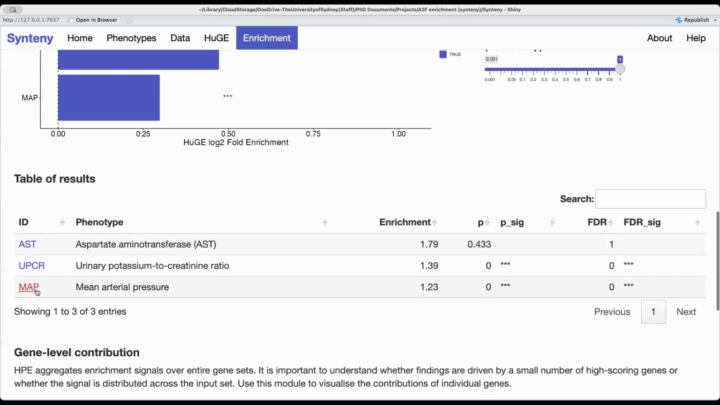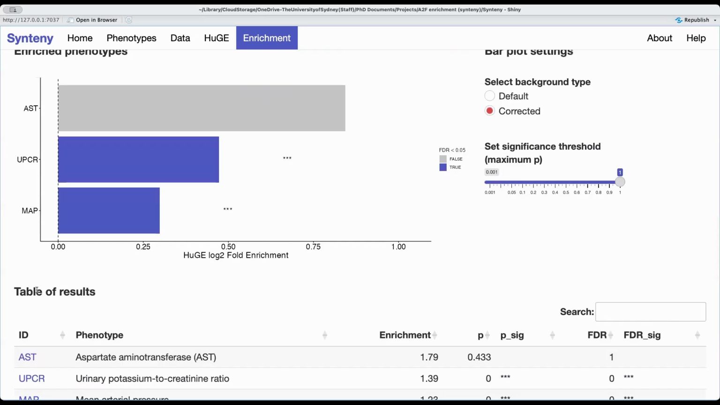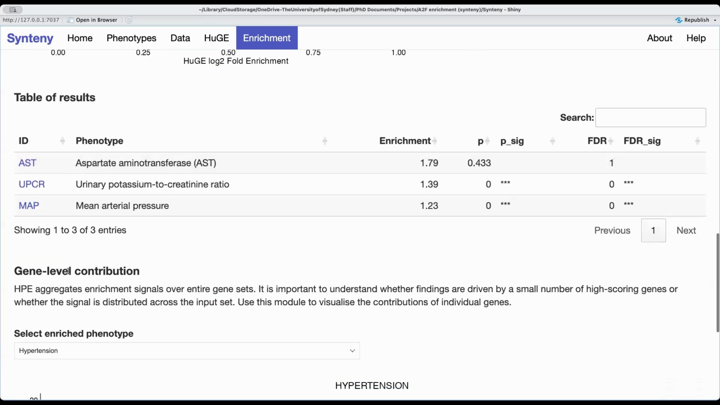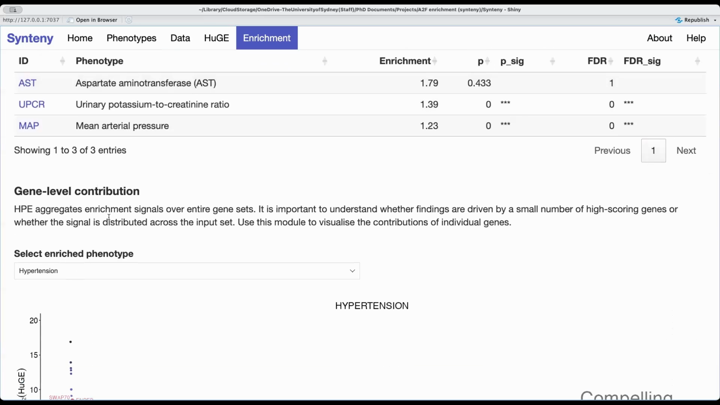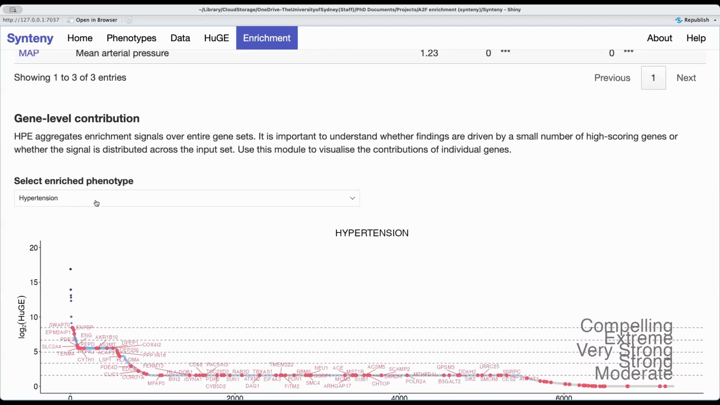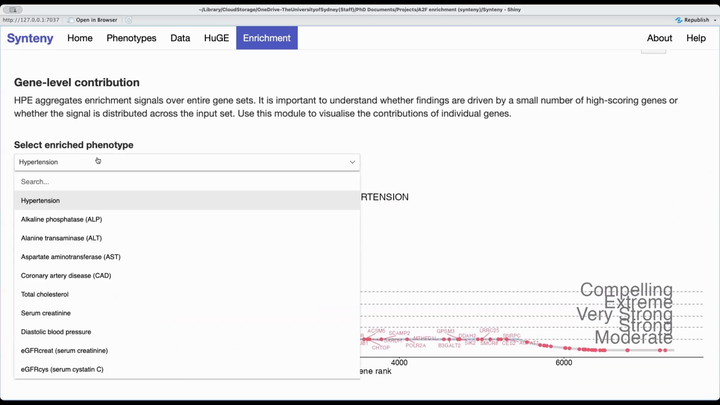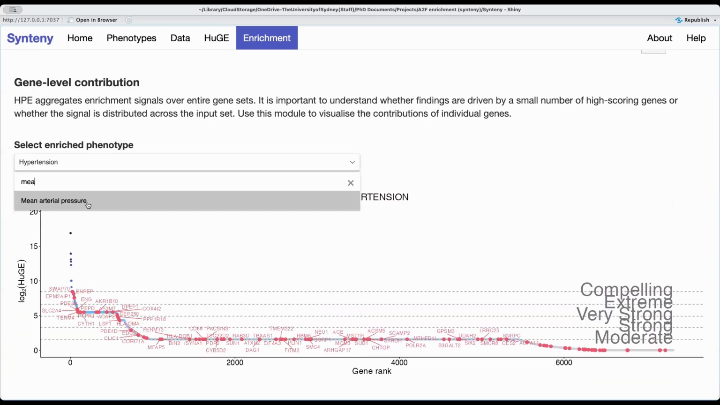Now, it's important with this enrichment to understand which genes are contributing because the huge scores are aggregated across the whole gene set. And so we want to know, is this phenotype enriched just because we've identified several very high scoring genes, or is that enrichment signal evenly distributed through the genome? So you can do that using this gene level contribution. For the phenotype that you're interested in, you would search for that. So if we go for mean arterial pressure as our